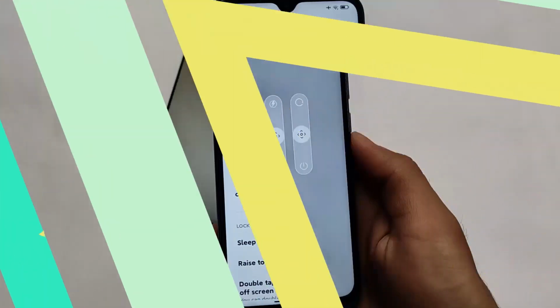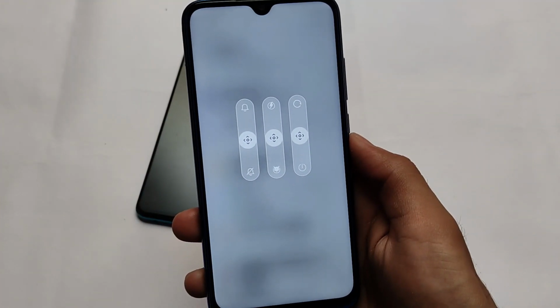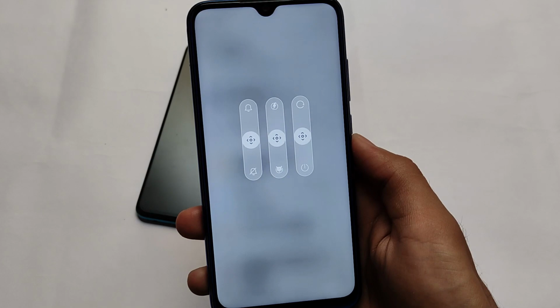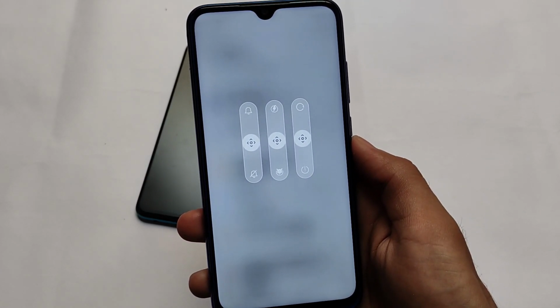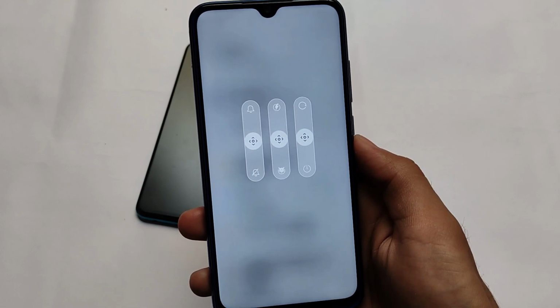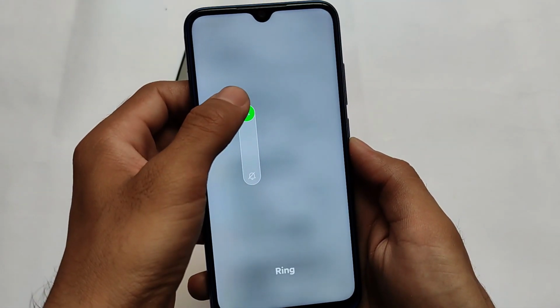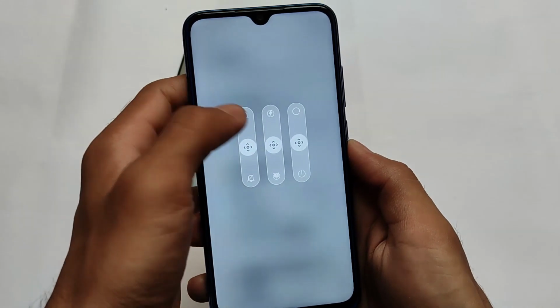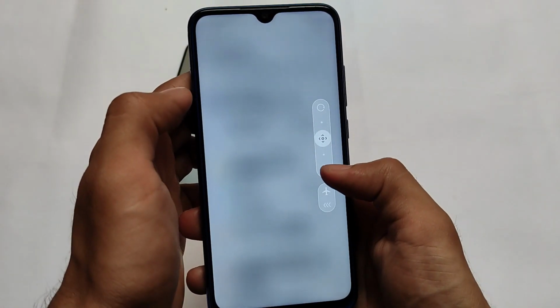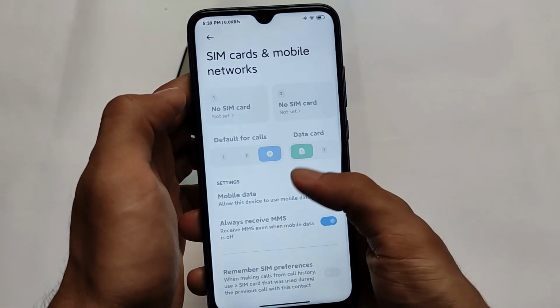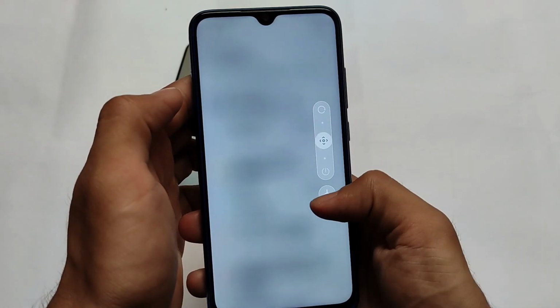Now moving on to some other things, the power menu seems to be very different. It's not the default one. It's not from MIUI 12.5. It was a very old power menu which I reviewed some time ago, more than 6 months ago. It was like the MIUI 13 power menu, and you can get this MIUI 13 power menu by installing this ROM on your device. A very good thing to try out.